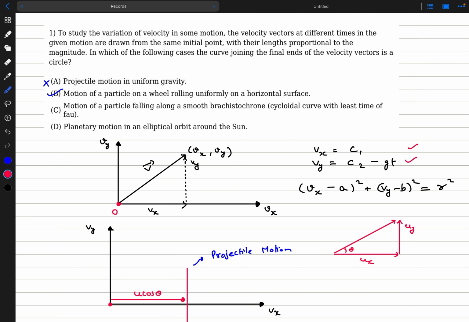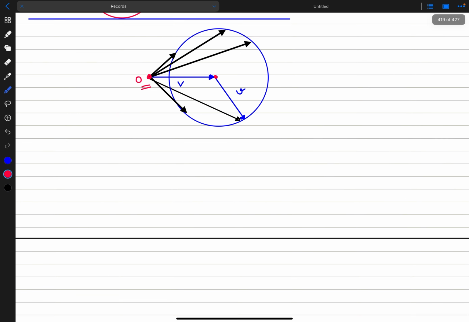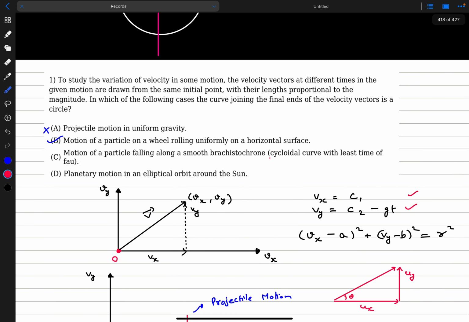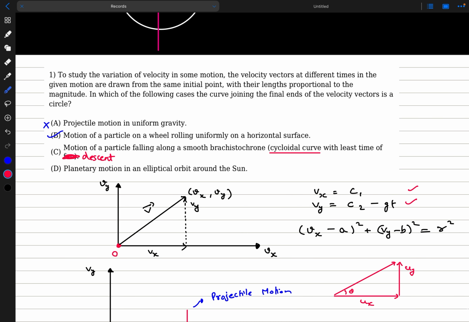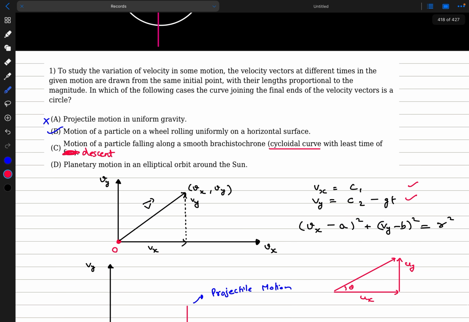Now C option, they're talking about the Brachistochrone curve. Now the thing is, they also did mention some additional detail that it's a cycloidal curve with the least time of descent. I don't know what this is, but I'll explain what that is. But this information itself is just enough